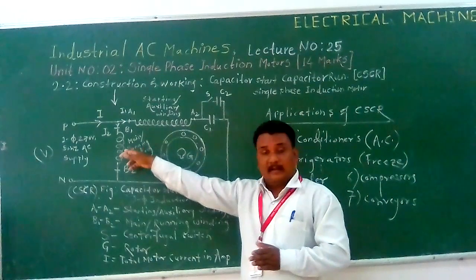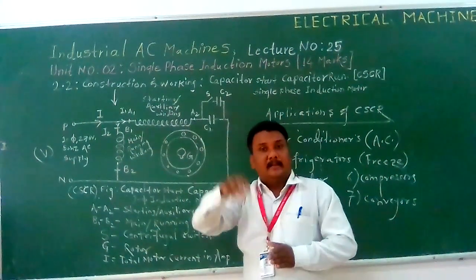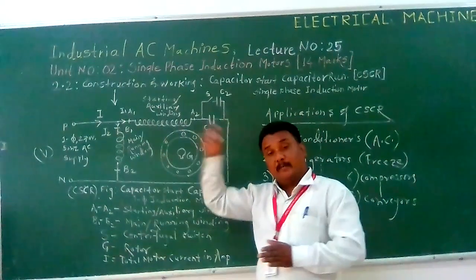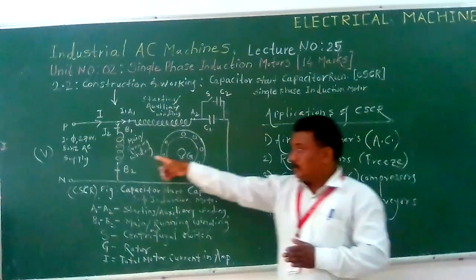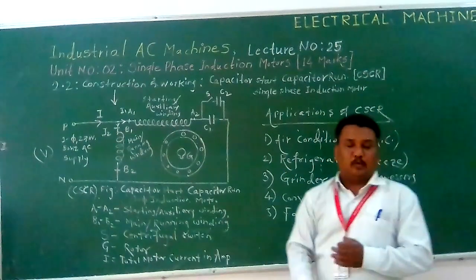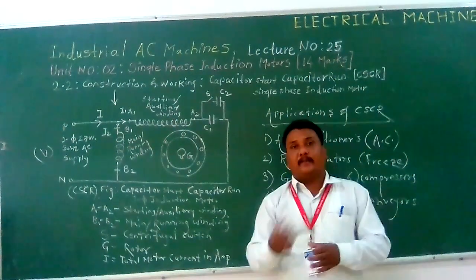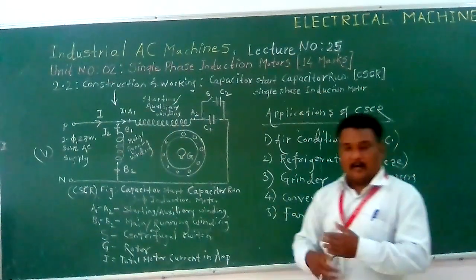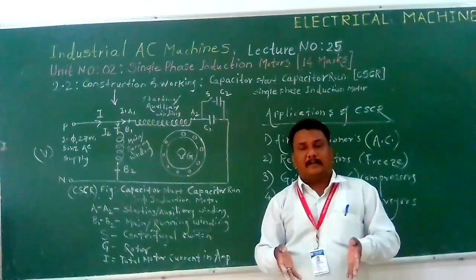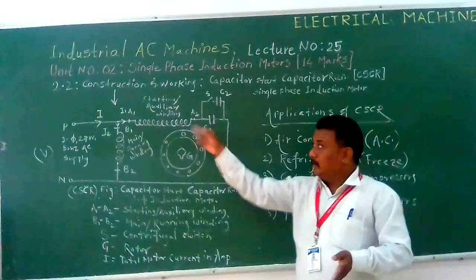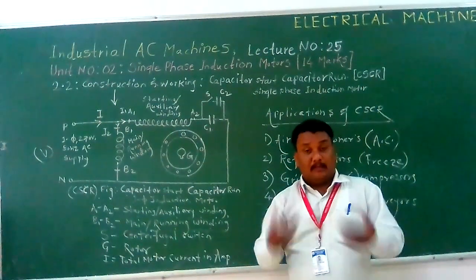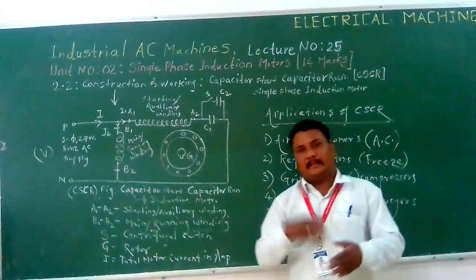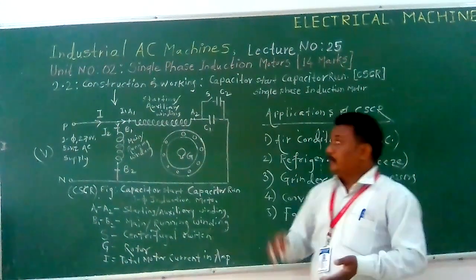Then here, due to 90% phase displacement, initially current flows to the starting winding, but under running condition, it starts to flow in the low resistive path. But somewhere, what happens? The load increases, or a sudden load is applied on the motor, then the starting or auxiliary winding gives its support to the main or running winding, so that its starting as well as running torque will be very high.